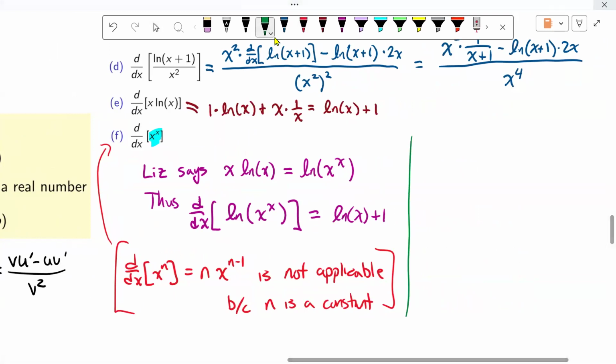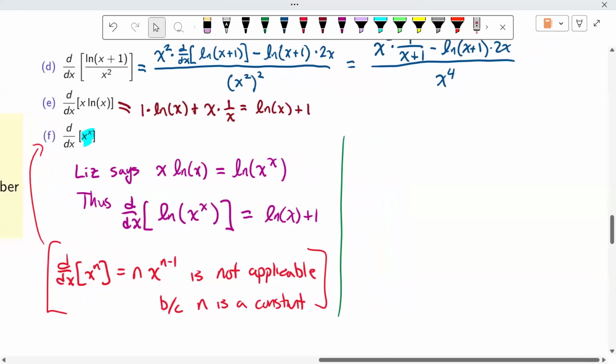By the way, this particular problem, if you want to become, say, a mechanical or electrical engineer, this is a job interview type question. You walk into your first job and they'll say, oh, that's great. What's the derivative of x to the x? And they just want to see, can you not use this rule? You may not even have to solve it. You just have to convince them that you're not going to accidentally use this rule. So that's why I cover it, for anyone who wants to become an engineer someday.